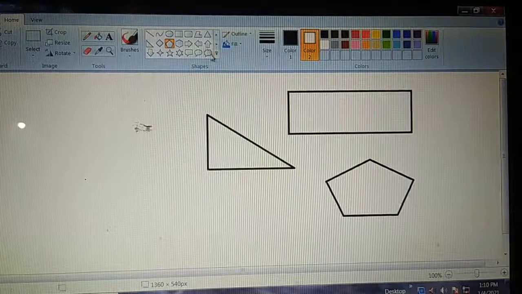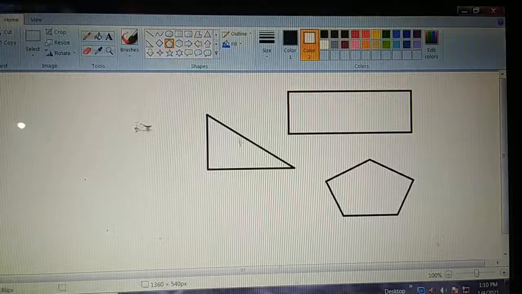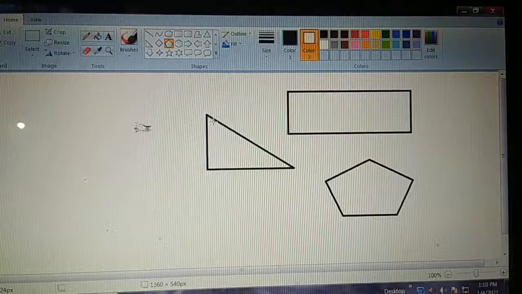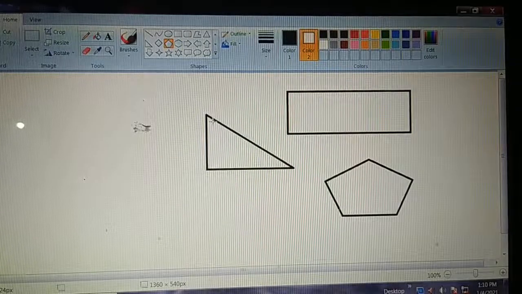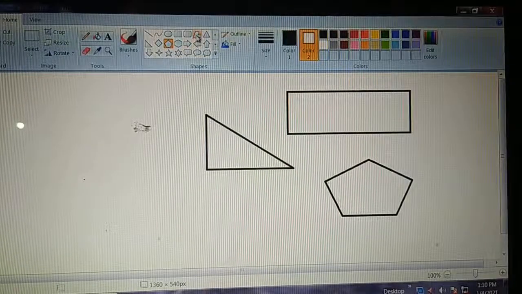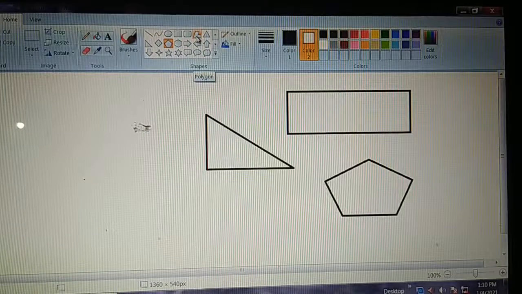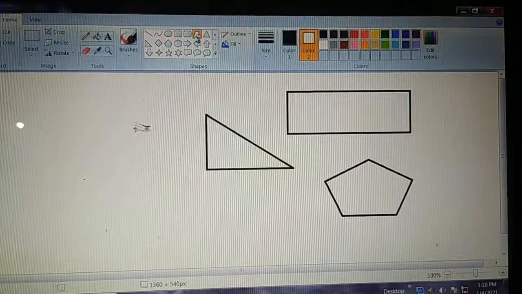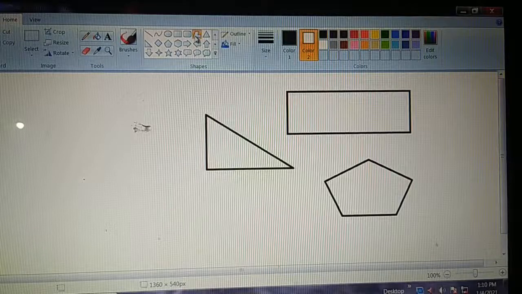So we have the polygon tool. Using this we can draw polygon shapes very easily, very quickly.